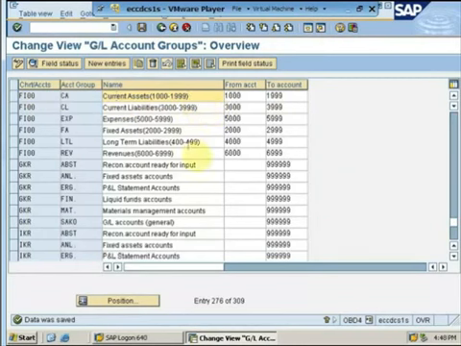So if I recall, the concept of account group is that, number one, it groups similar nature of GL accounts. Number 2, it controls the number ranges of GL accounts opened within that account group. Number 3, it controls the field status of GL account master data, which has to be created under that certain account group.